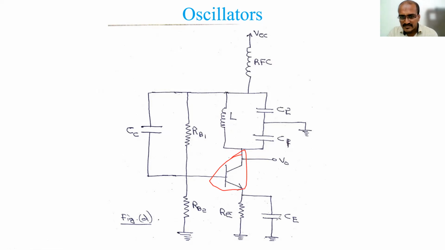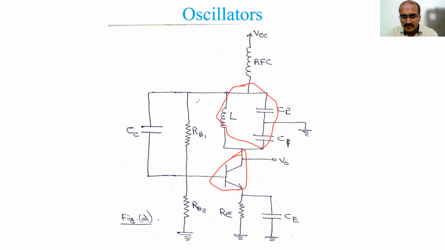And here you have the emitter resistor and coupling bypass capacitance. Then at the output side you should connect feedback, right? So that feedback is connected here itself at the collector side. See here, anyhow we can connect. So this is the tank circuit, where you have two capacitors and one inductor in parallel combination. And this is a feedback from the output, and its feedback is given as input.